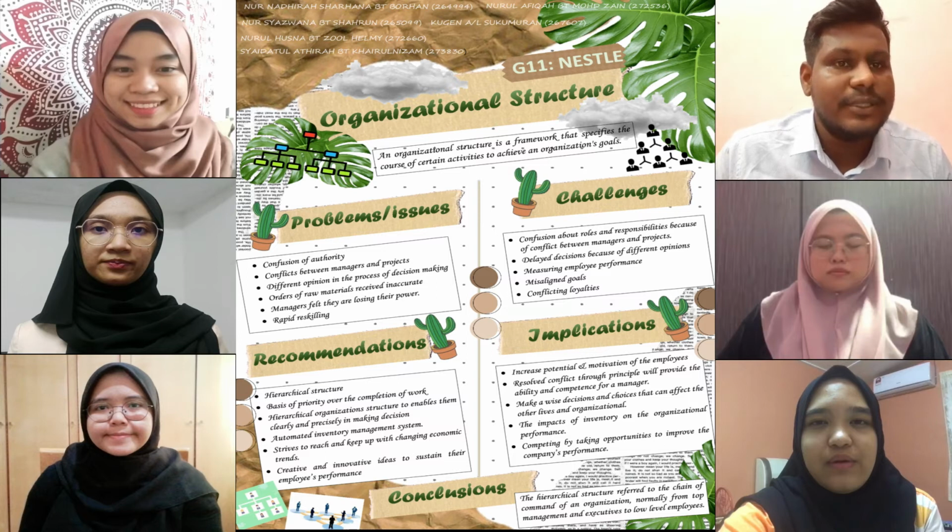Next is the recommendation for the fourth problem: avoid loss or inaccuracy in receiving orders of raw material with an automated inventory management system. This is a technique, procedure or system by which a process is managed and or controlled by highly automated systems such as electronic devices, which can minimize human involvement and error.